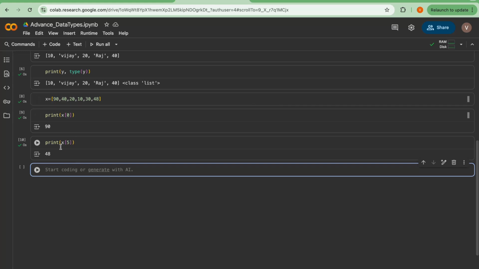Basically, when you specify the index value, this is counting from the left side. What if somebody asks you to print the end of this element? Here we have a countable number of elements, but let's say you have a big, massive, huge list. It's very difficult for you to count, right? If somebody asks you to print